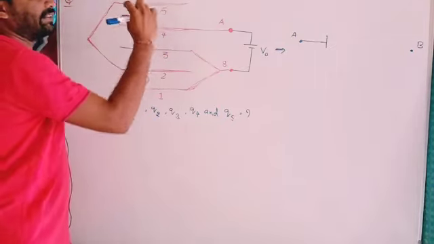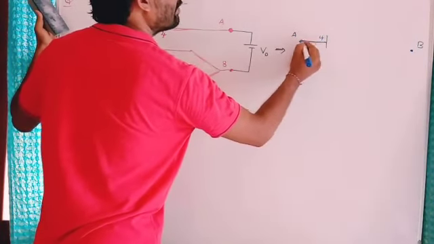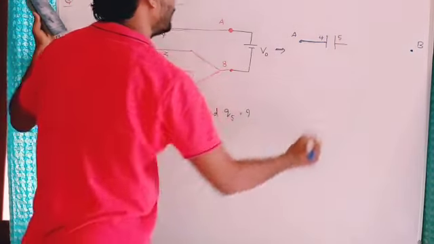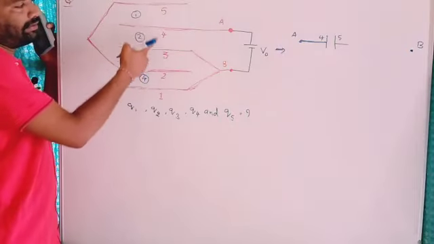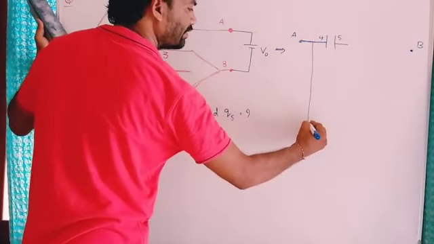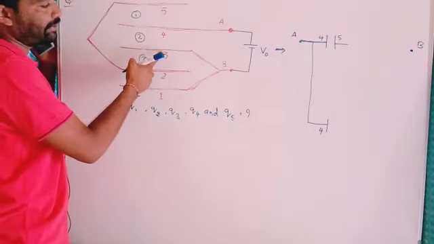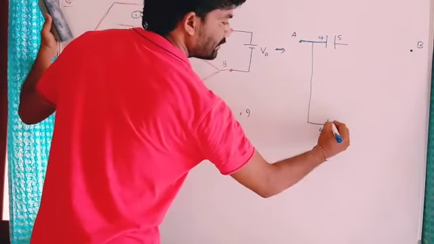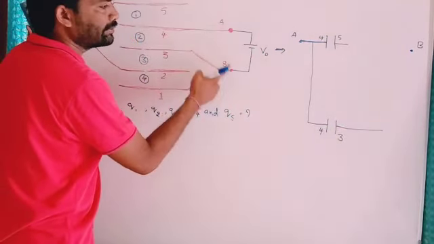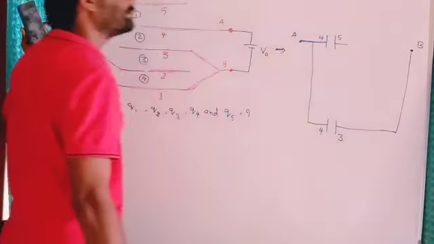First let us take this. This is the 4th plate I have drawn here. It is connected to terminal A and forms a capacitor with the 5th plate. It also forms one more capacitor with the 3rd plate. Same 4th plate you can draw here, and it forms another capacitor with the 3rd plate. This 3rd plate is directly connected to terminal B.